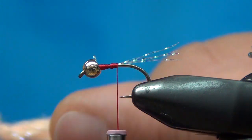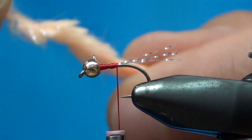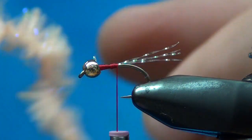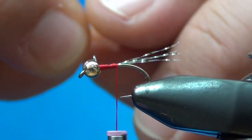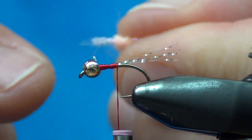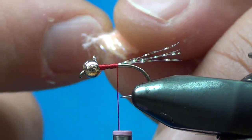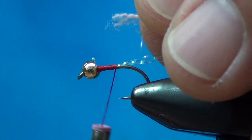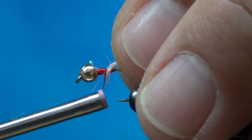Then what you're going to want to do is when you preen this fiber back, you'll see there's a way that it just lays back naturally. If you go the other way, it kind of just stands all out. So you want to just preen it back this way so it lays down flat. And then on the very tip, you just want to pull out some of that fiber, and you'll expose the 2 little cords. You can see the 2 cords that are in there. That's what the yarn is spun into. And then we're just going to tie that right in there, right behind the